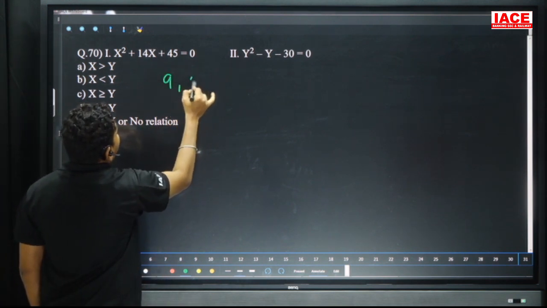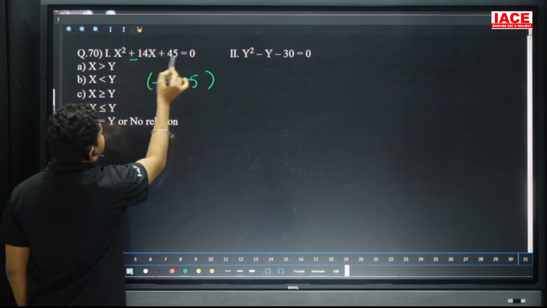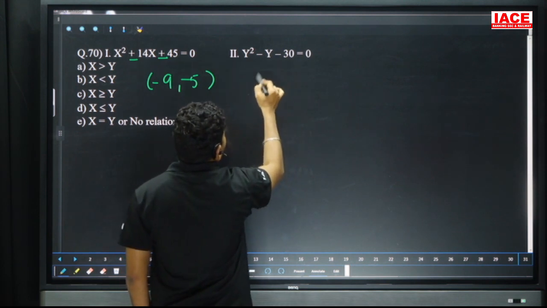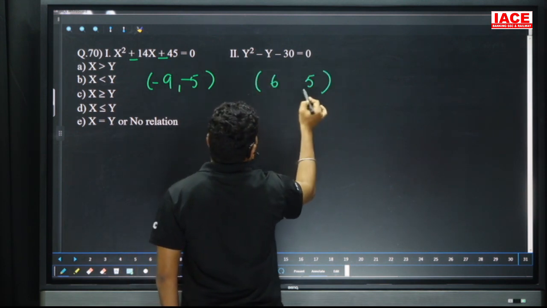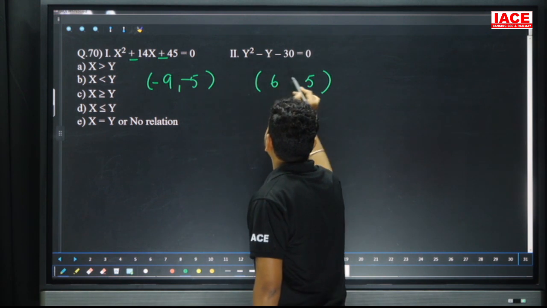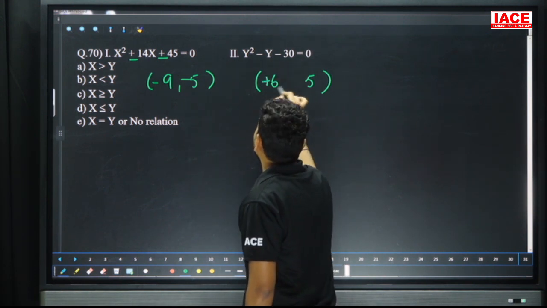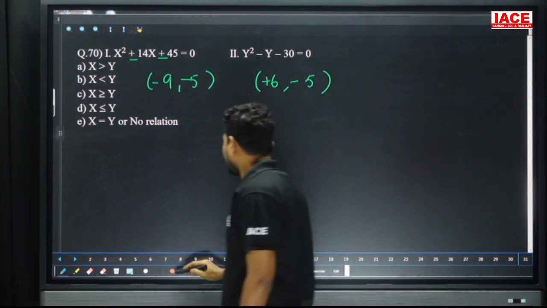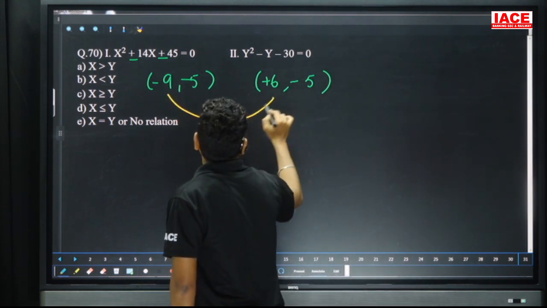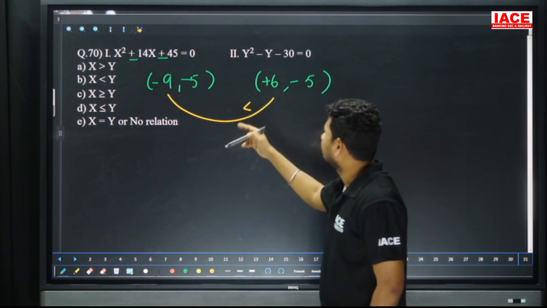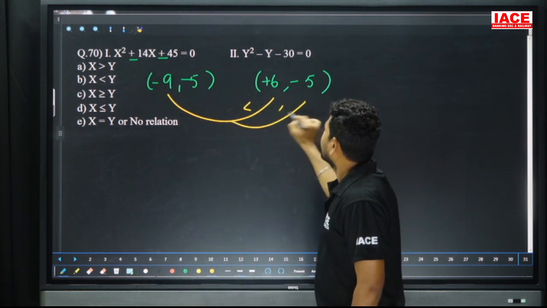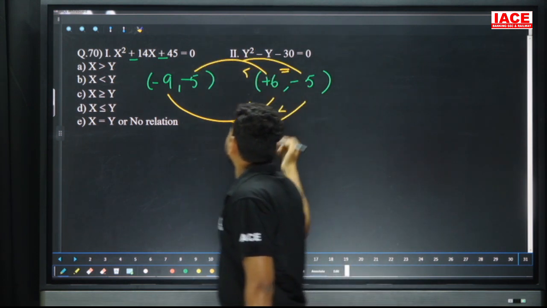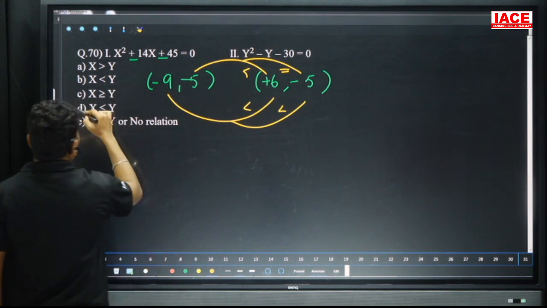Next, x square plus 14x plus 45 is equal to 0. Here the factors are 9 comma 5 and both are negative. Plus plus is always giving both negative. And minus minus is giving plus minus. What are the plus minus factors there? 6 comma 5. 6 times 5 is 30, 6 minus 5 is 1. Here the minus 6 plus 5 will apply, we will get minus 1. Here we will apply minus 6. Here the reverse concept we can apply, plus 6 comma minus 5. Now comparing the factors here, so minus 9, here less than, and here is also less than, here less, and here is also equal. Less than or equal means x less than or equal to y. Our option is D.